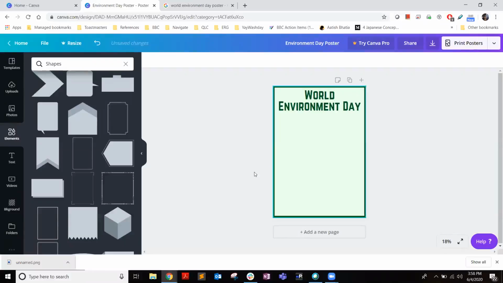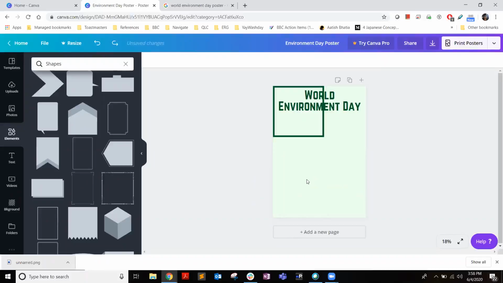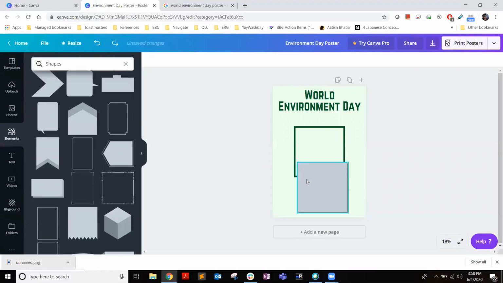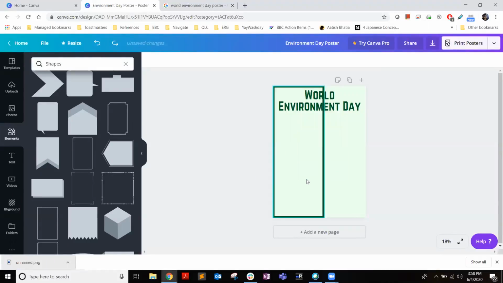Small shortcuts which you could use everywhere: say you inserted this by mistake and you just want to delete it, select this and click on the delete button on the keyboard. Or the best shortcut is Control Z, which is undo. I keep telling these small shortcuts, and redo is Control Y. So I'll do Control Z. I keep pressing Control Z, and I'm getting all the things which I did earlier. This is how we'll move.